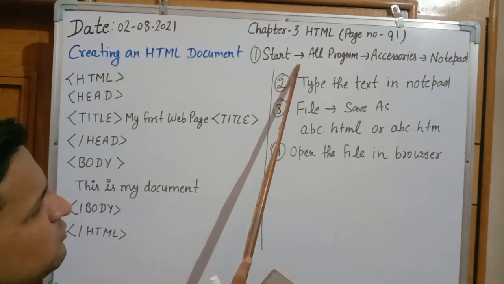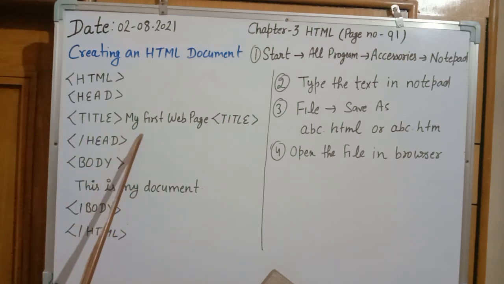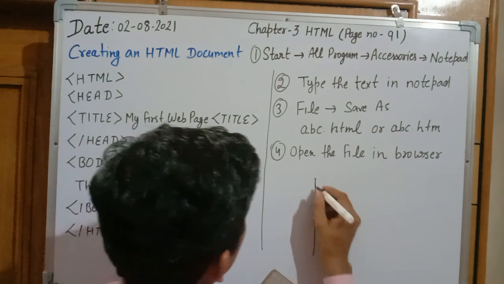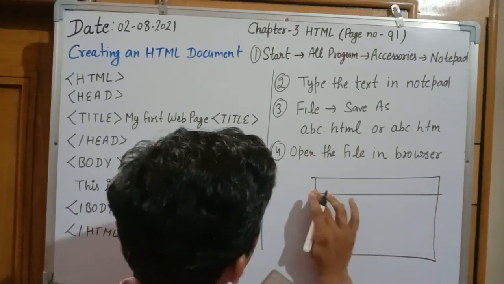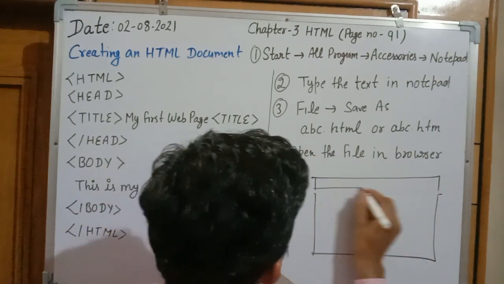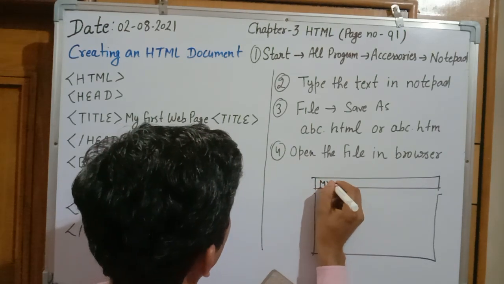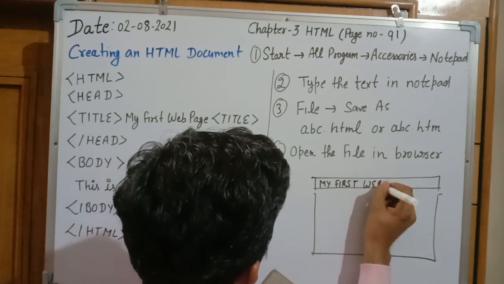So step 1 you can do, step 2 is this one. In html you write the head, in head we write the title. In the title we have written the first program, My First Web Page. It is the title that will be displayed at the top position. See the output window. Suppose this is the output window. In this output window, the title will be at the top position. It means it will be at this position, and it is written My First Web Page. It is the title.